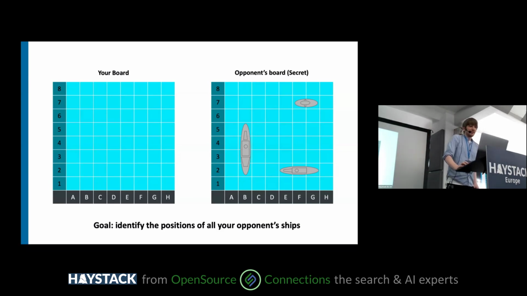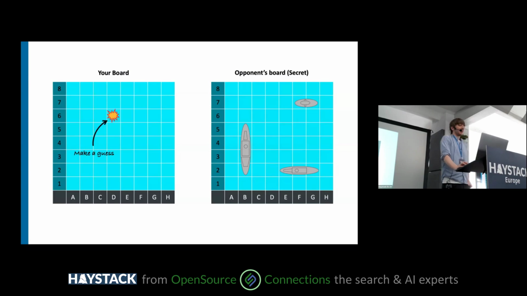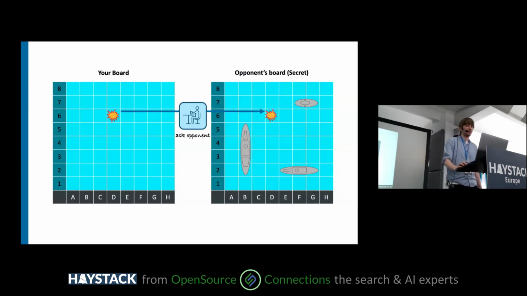The way that you do this is you first just make a guess. This might be a reasonable guess. You don't really know anything about your opponent's board initially, so you make a guess. You ask your opponent then, is this a hit? So it's as if you're launching a strike into the ocean. For some reason, you don't actually have any intelligence about the actual positions of the ship, but let's ignore that limitation of the game. You ask your opponent if it's a hit. It turns out this one is a miss. There's no ship there.